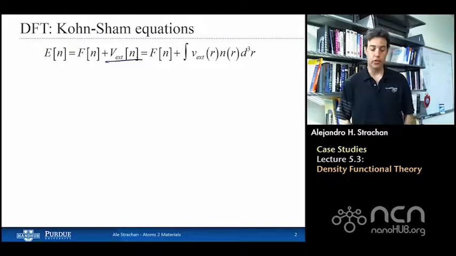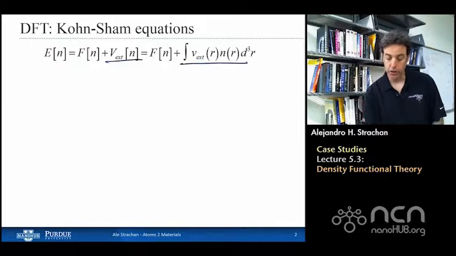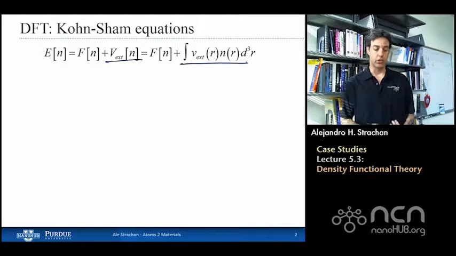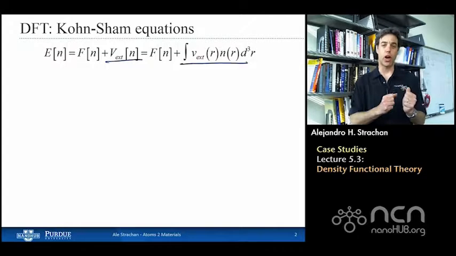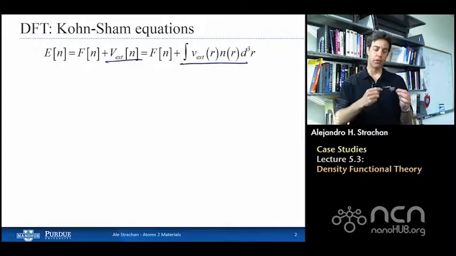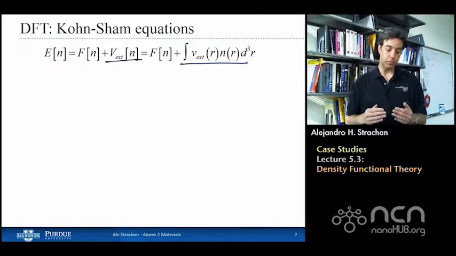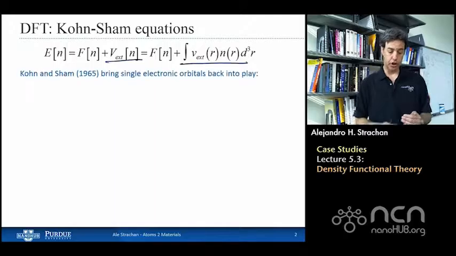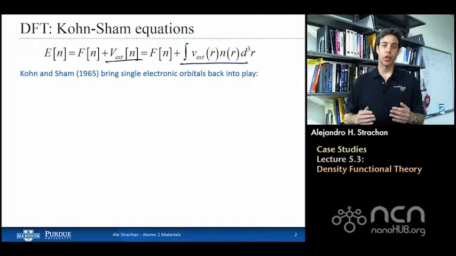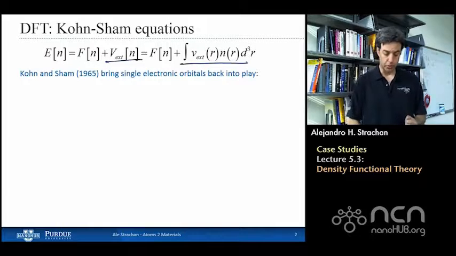That last piece is easy to write, and we've shown that you can write it this way. It's a very simple functional of the electron density. The challenge is writing the kinetic and the electron-electron interaction, and if you remember, that has all the correlations. That's the challenging part. So what Kohn and Sham did is they brought back the idea of single electron orbitals,